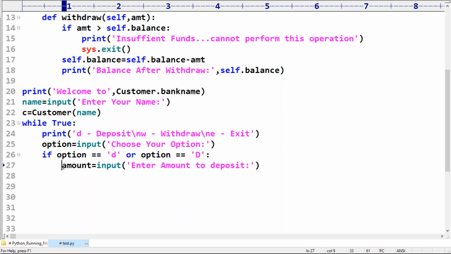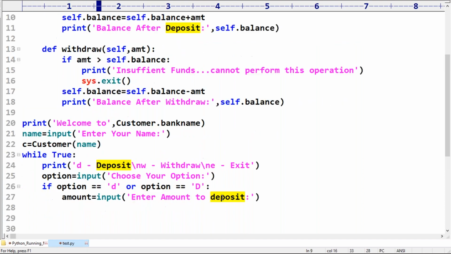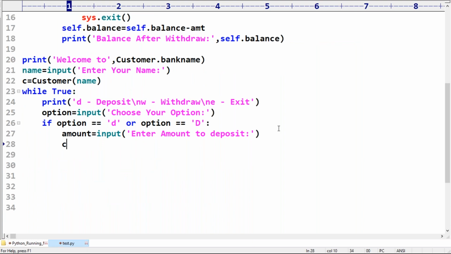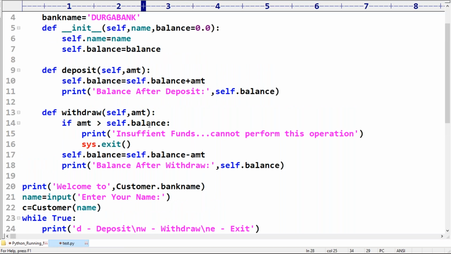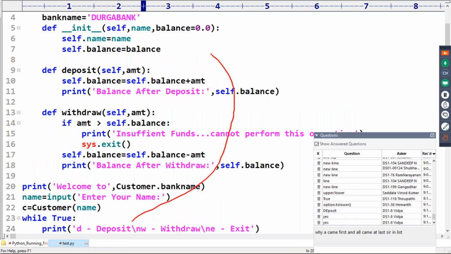So he provided the amount. With this amount, on this customer object, we have to call deposit by passing this amount value. Whatever amount you are passing will become the amt variable, which is itself a local variable.